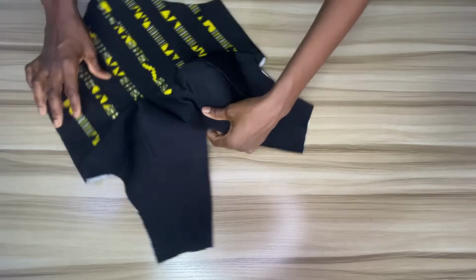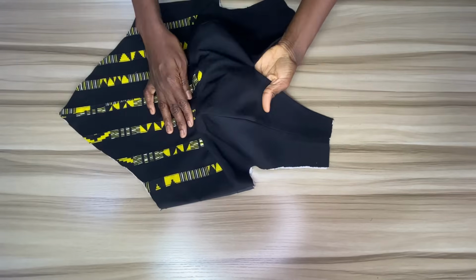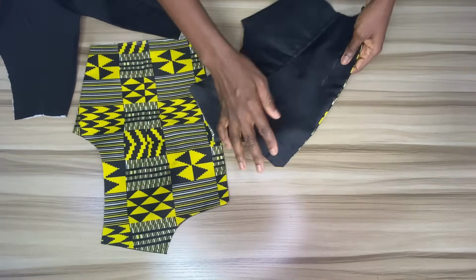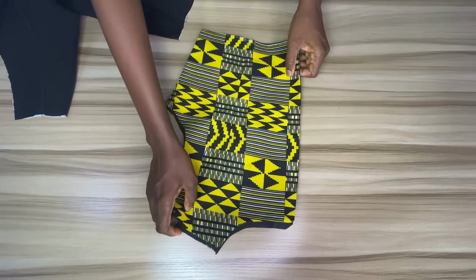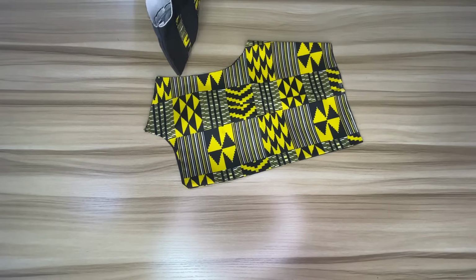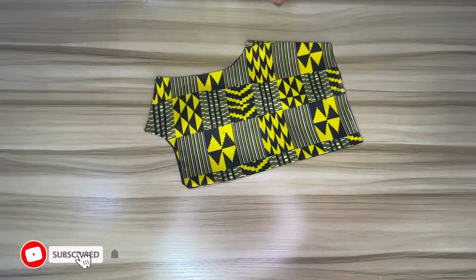Now I've gone ahead to make the back. It's just a regular straight back. So I just wanted to show you guys how to make the bustier in front and the back with the boning included. So before joining the upper part to my skirt, I usually like to confirm if the front and